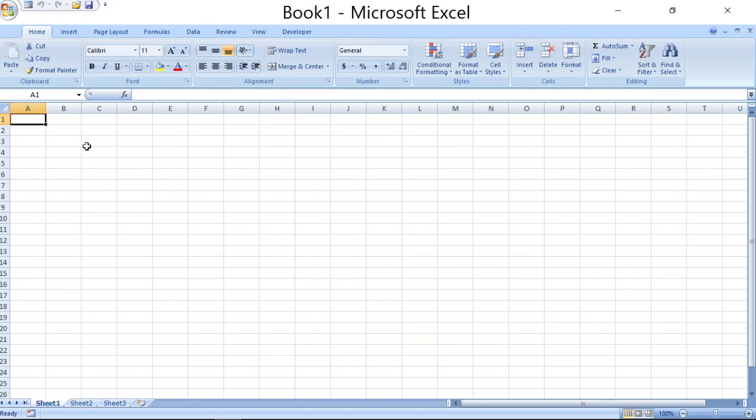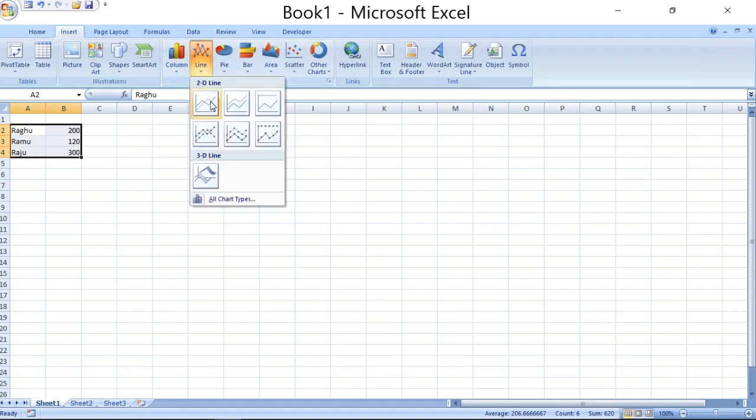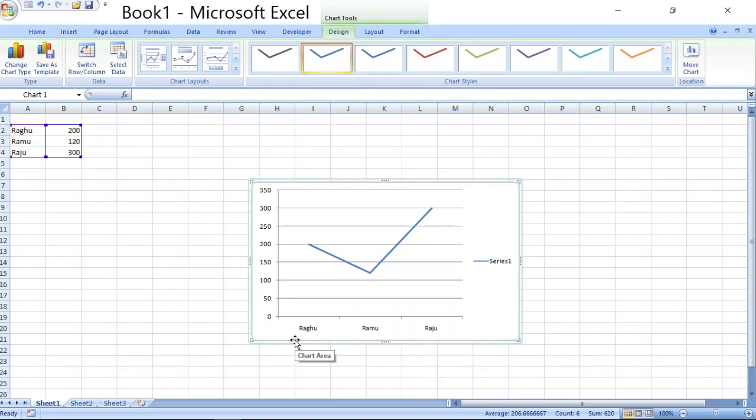so let us create one more chart for different names. Right, here we have only a single column of data, that's why in the graph we have only one curve.